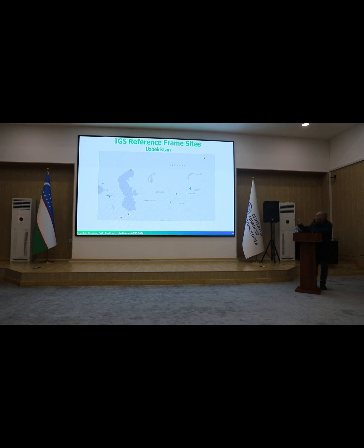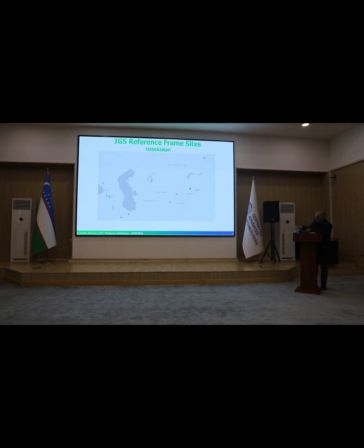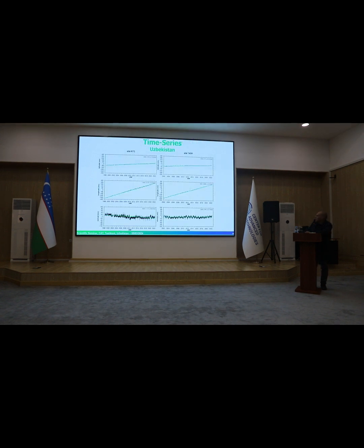And here in Uzbekistan there are two stations, and I also used the stations in Kyrgyzstan, just so we have an idea how it moves. As I say, there were two stations, Kitab and Tashkent. As you can see there, there's two stations, and I computed the velocities. To explain this figure, this is latitude,